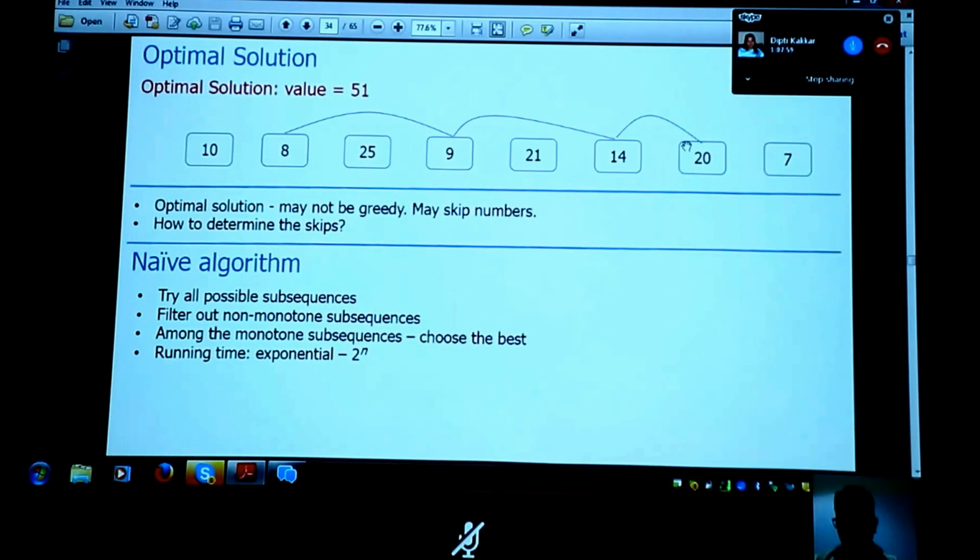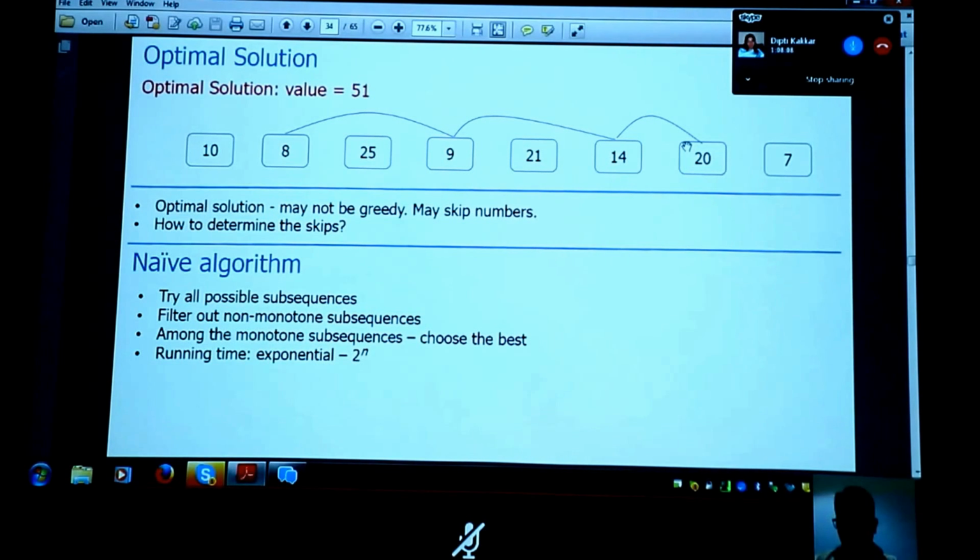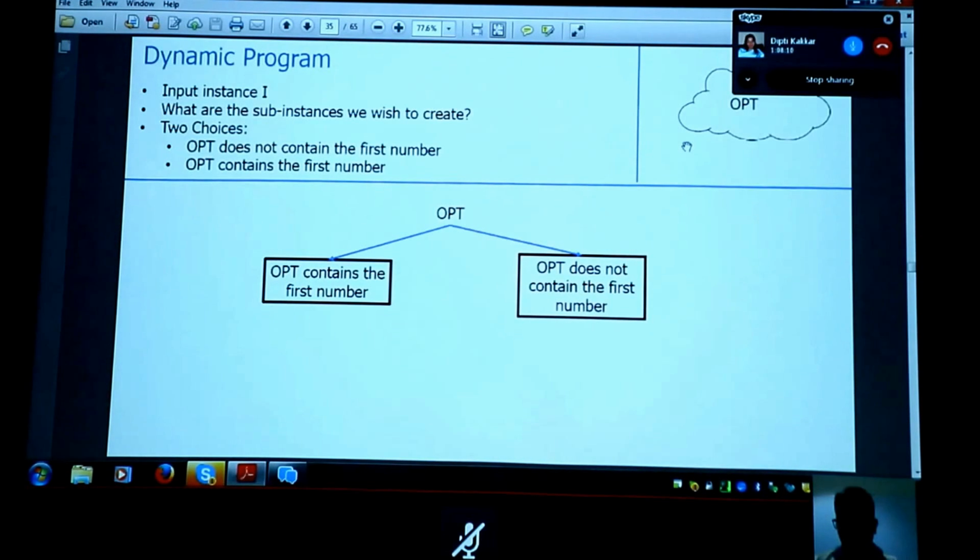Okay. So we are going to do this in polynomial time via a dynamic program. Again, by looking at the structure of the solutions and so on. So here is our dynamic program. Let's go back to that, similar to that subset sum dynamic program. The opt, I don't know what it is, but it's sitting up in the cloud. I'm going to make guesses about it.